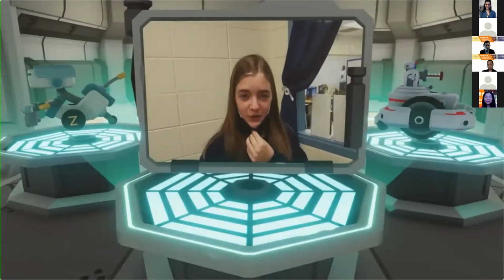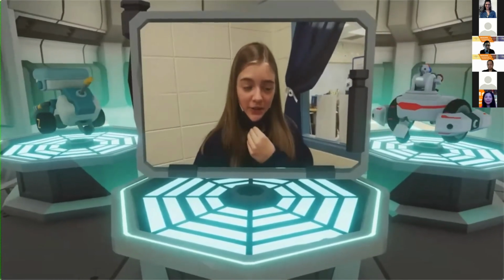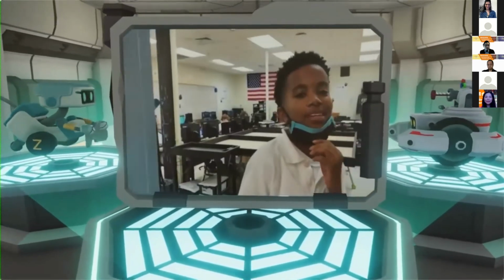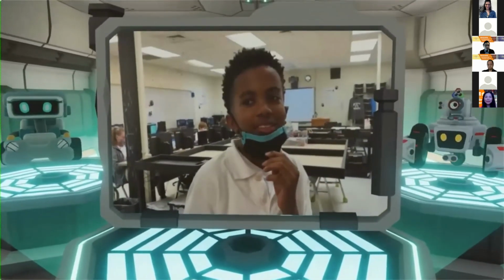I got to use unique curve turns that I could create myself to help me get the balls in faster, and it really works my brain. My favorite is RoboGolf because it's fun, I like sports, and I like to go to Topgolf. This is our second year attending CoderZ, and we just love it.